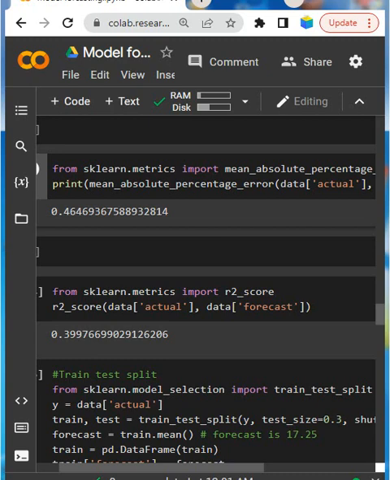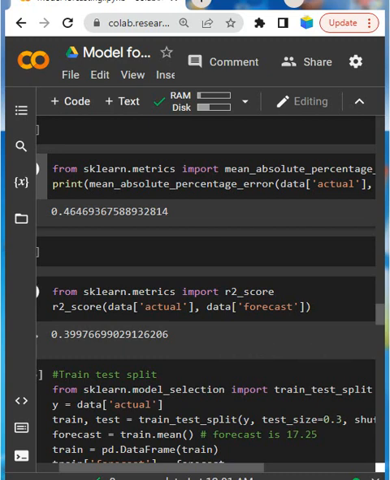So if your model makes predictions as bad as using the average, then R square will be 0. And today most stock price forecasters use this to predict the price of stocks.